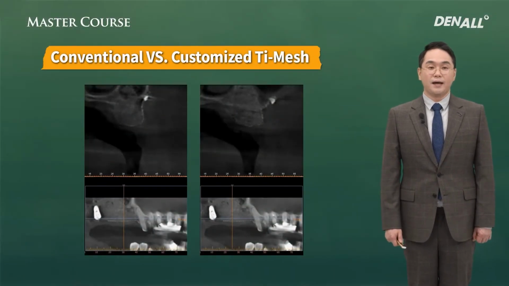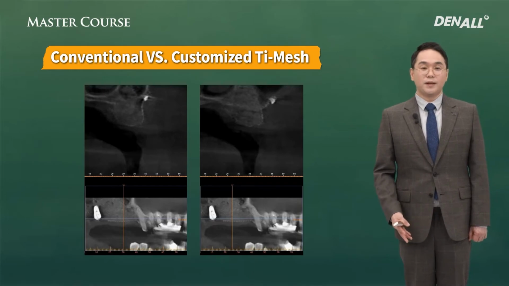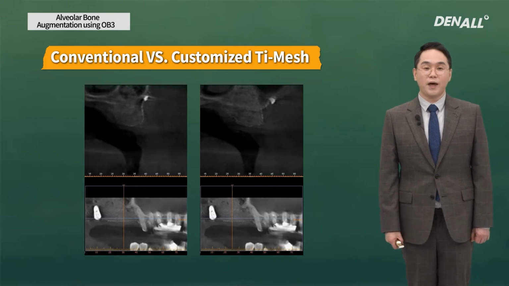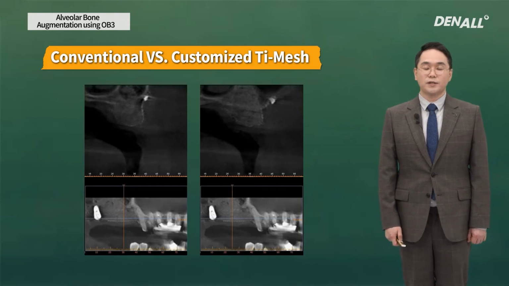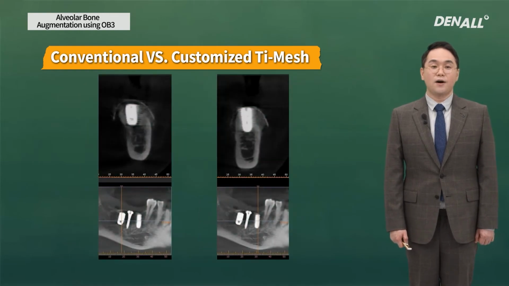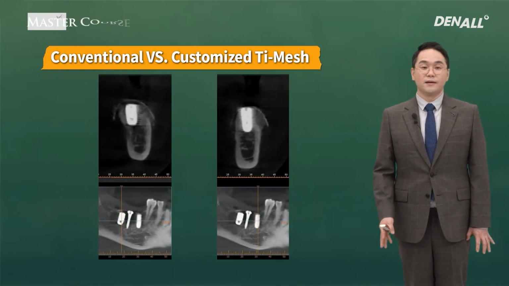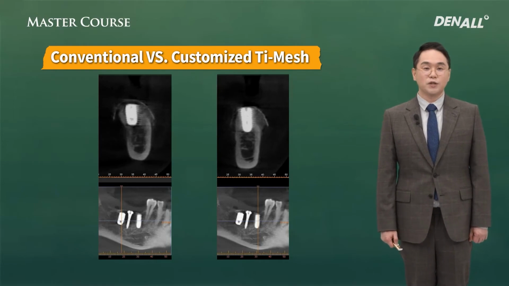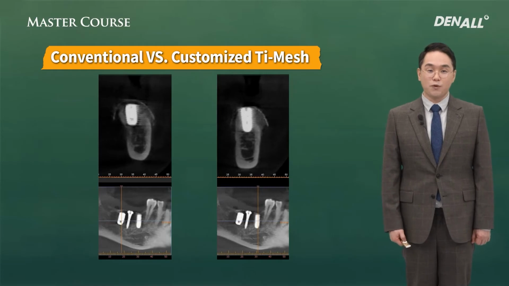CT of maxilla. Titanium mesh. The standard mesh is bent and applied. As you can see, the titanium mesh is fixed using a screw buckley. In the mandible, the Jawbuilder has the contour of ideal alveolar bone form buccally and lingually, and bone graft material